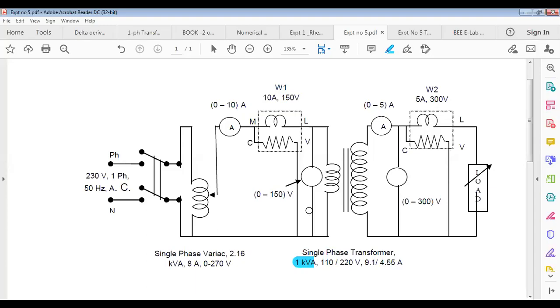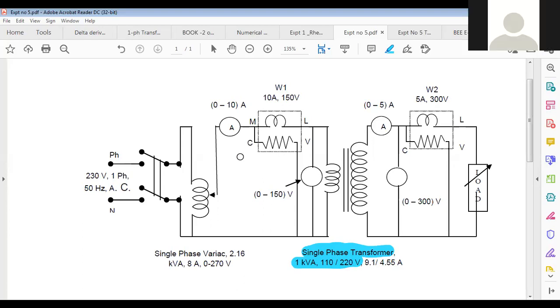Yes. Whenever I say transformer, 1 kVA means it's the full load kVA rating. Every transformer, motor, generator and auto transformer is not open. They are covered with an outer metallic body, and on its body you will find a smaller rectangular nameplate. On that nameplate, for this single phase transformer, you will find these specifications: 1 kVA, 110 volts slash 220 volt, single phase 50 hertz transformer. Like this is written there.